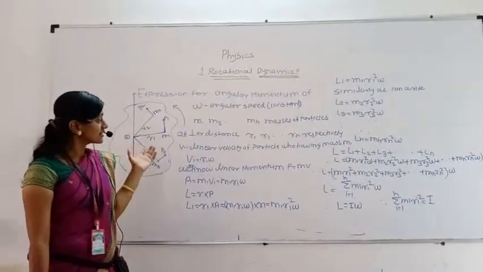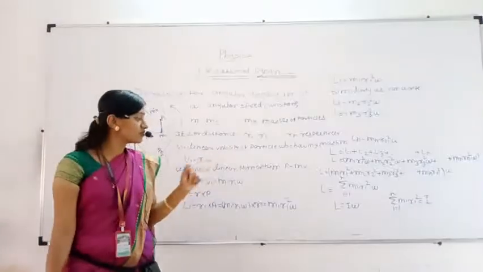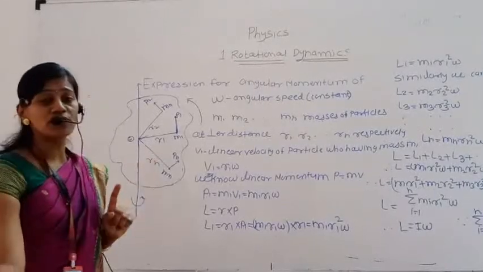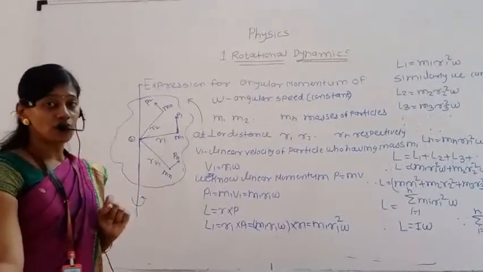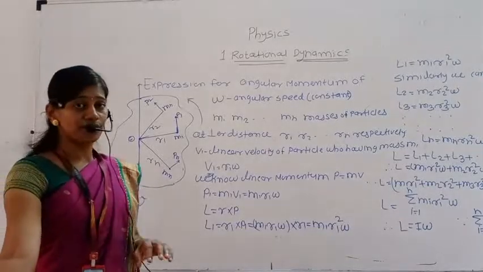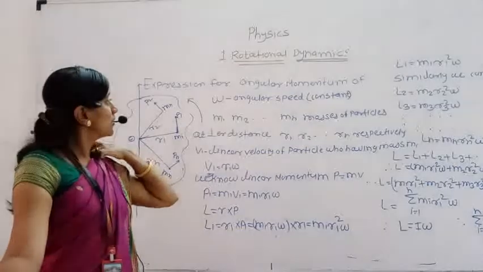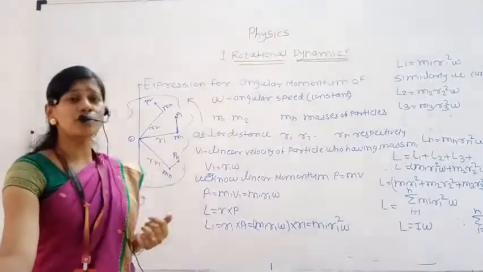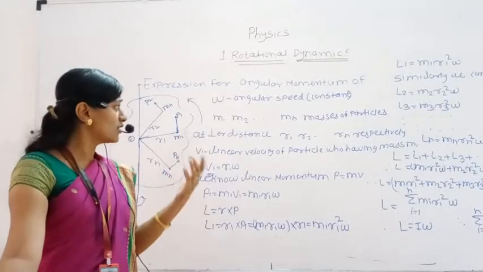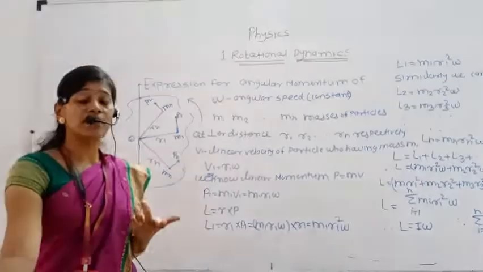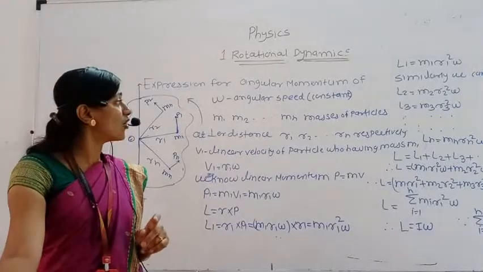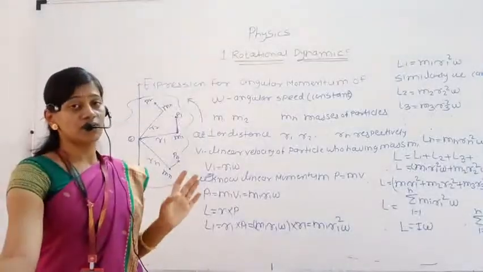As per the state board, they ask this question for 3 marks. The formula is important for solving examples, and they will ask you to derive the expression for angular momentum of a rotating body in terms of moment of inertia. Otherwise, derive the expression for angular momentum of a rotating body. In this way, in today's lecture, we completed that. First of all, the perpendicular axis theorem. Next, angular momentum, which has another name, moment of linear momentum, and last, the expression for angular momentum of a rotating body in terms of moment of inertia.